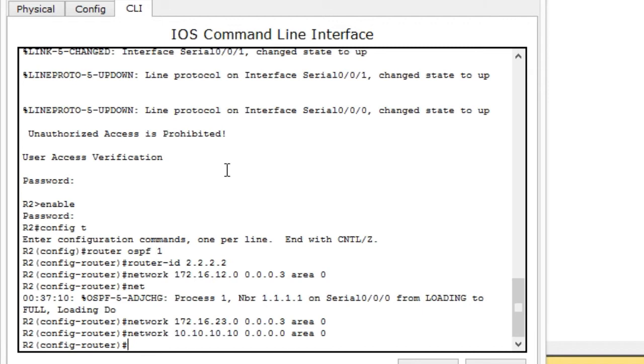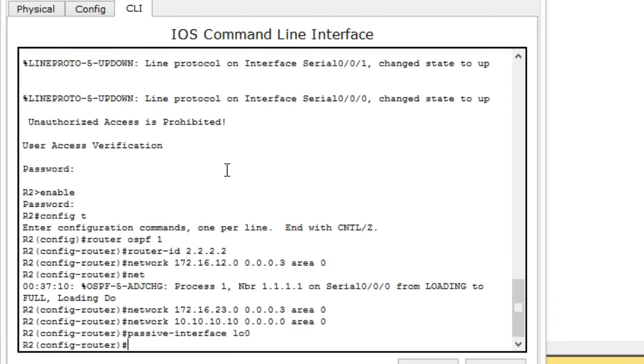Good. So we now have advertised our 3 interfaces with OSPF. I want to set the loopback interface to be passive. So to do so, I'll type passive-interface lo0. Okay. And I'm going to now go to my serial port, interface serial